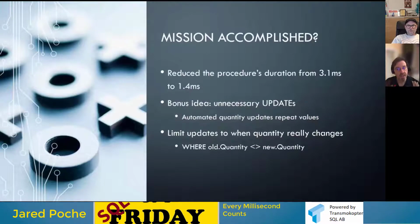So at this point, we had reduced the runtime of the procedure from 3.1 milliseconds to 1.4. But we had an additional idea. In the same way that we got rid of unnecessary insert statements, could we get rid of unnecessary updates? A lot of the activity that goes on from updates, updating quantity, is being driven by our customers, and they're uploading files to us. They're working through the API and giving us updates,